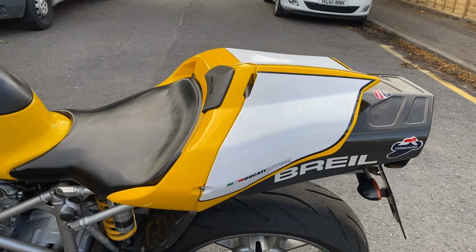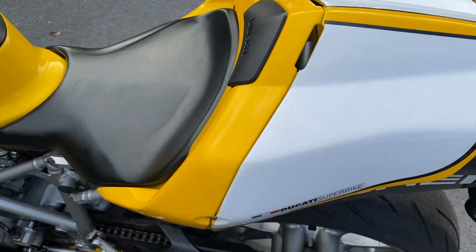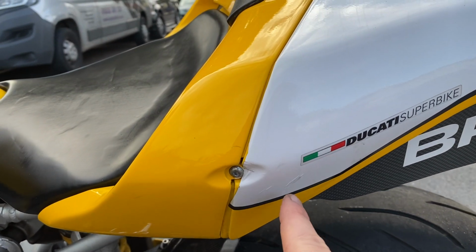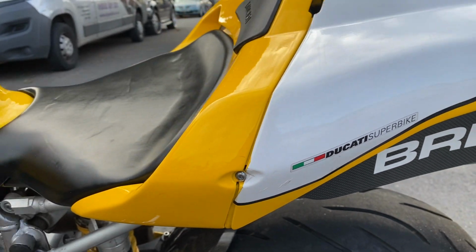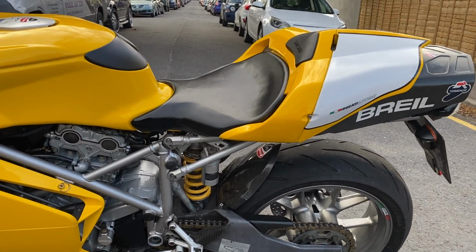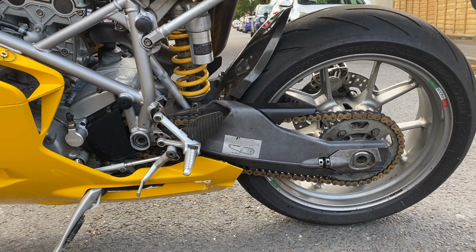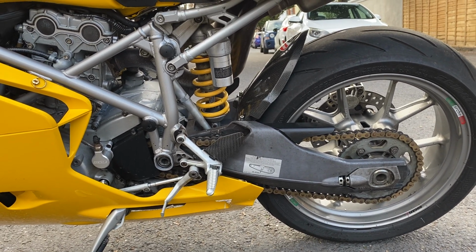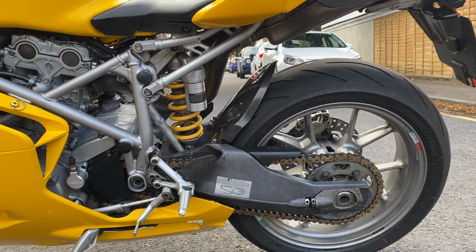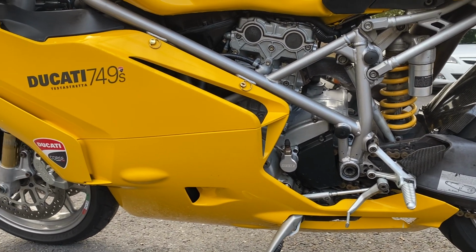I don't think the number boards were right, so I'm guessing that is OEM panel, but with the white number boards being done and the Ducati Superbike decal being put back on. You can also see from here just a couple of tiny air bubbles there, so clearly someone's added that to give it a real nice race look. Around to this side, swinging arm, just a little bit dirty, almost ingrained into that silver finish on the swinging arm. If you're an absolute purist looking for a concours thing to add to a collection, it's probably not the right bike for you,